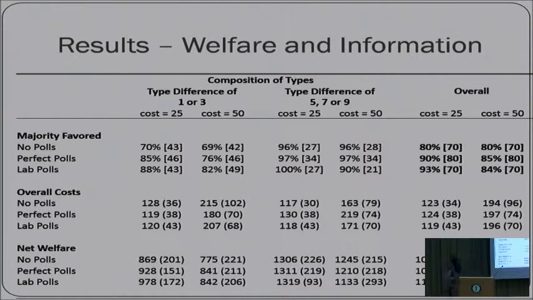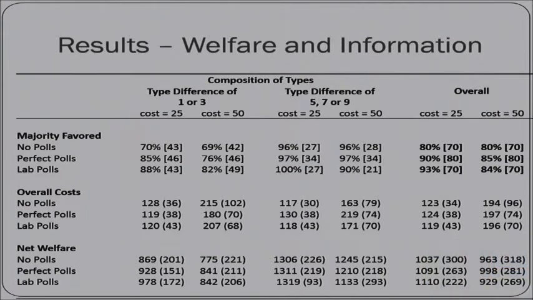So you can focus just on the last 2 columns. These just correspond to different types of compositions of types. So this is just if you're curious. But first of all, if we look at the top rubric here, and we look at the likelihood of selecting the majority preferred alternative, what you see here is that polls in fact help. Okay, so when we look at polls, they help somewhat in selecting the majority preferred alternative.